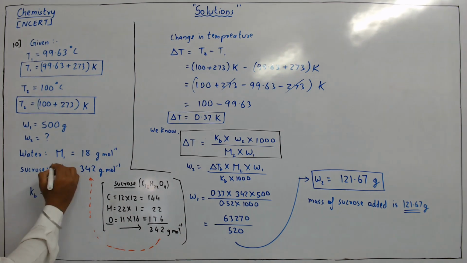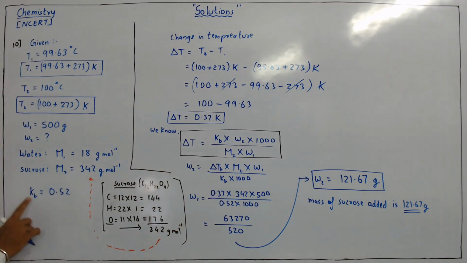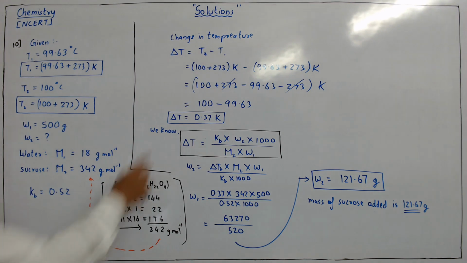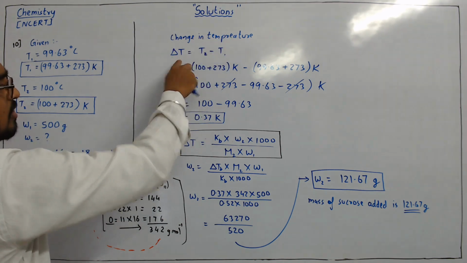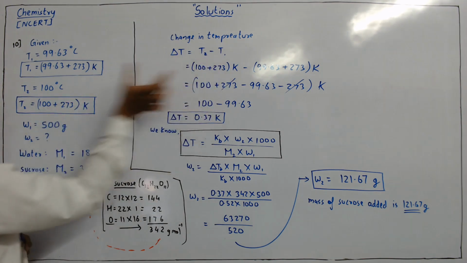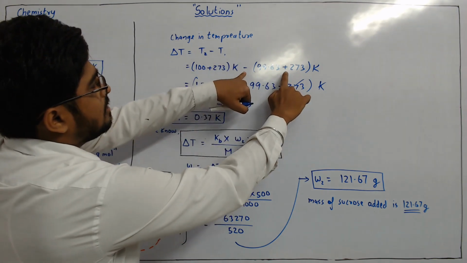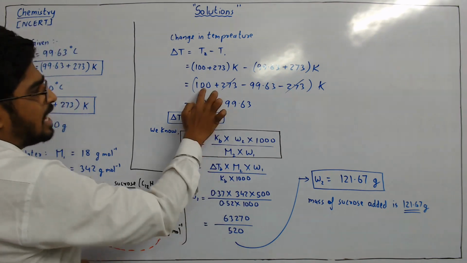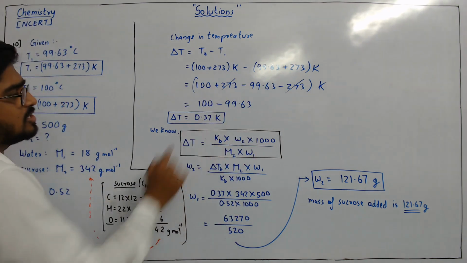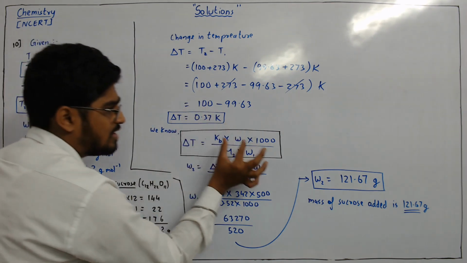Okay. Students, whenever there is the word water in the question, always remember this constant. This is the molal elevation constant, or you can say ebullioscopic constant. How much you need to take? Always 0.52. Okay. Then how to find the change in temperature? That is delta T, because we need delta T in the formula. So delta T is T2 minus T1. T2, this value, keep here. T1, this value, keep here. If you open the bracket, plus 273 and minus 273 will get cancelled. So 100 minus 99.63, how much you get? 0.37 Kelvin. Always convert into Kelvin. Always put the Kelvin value over here.